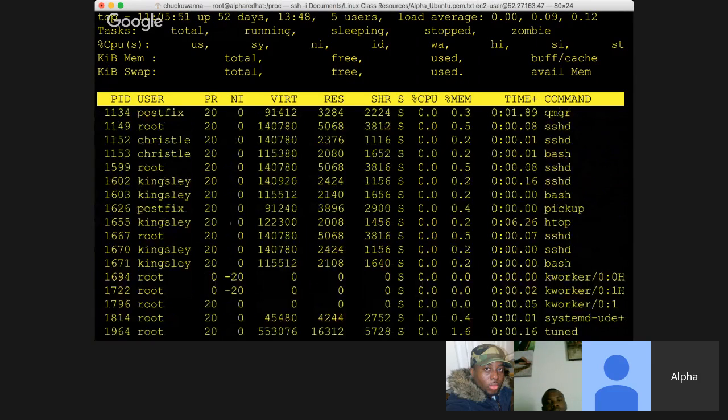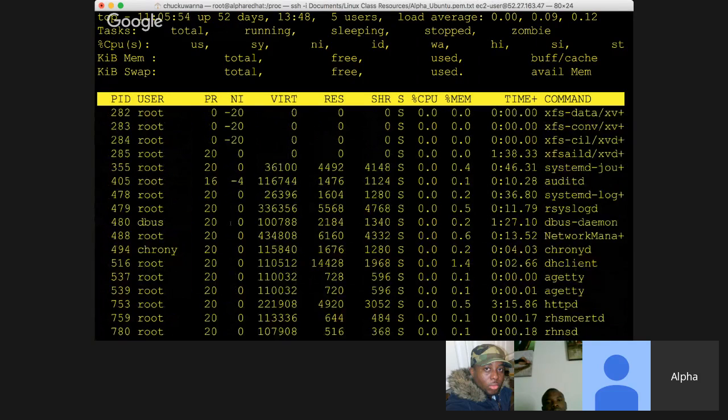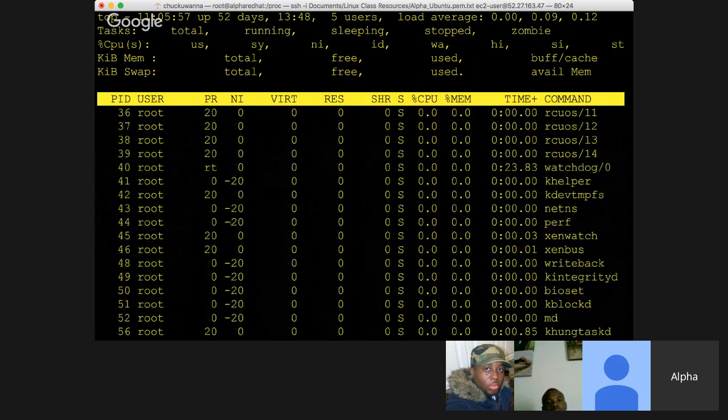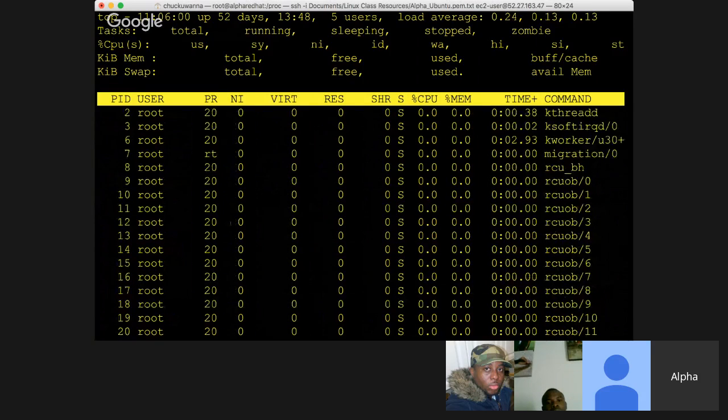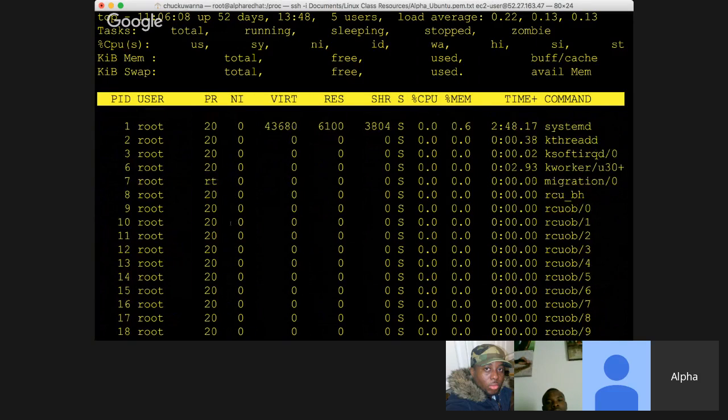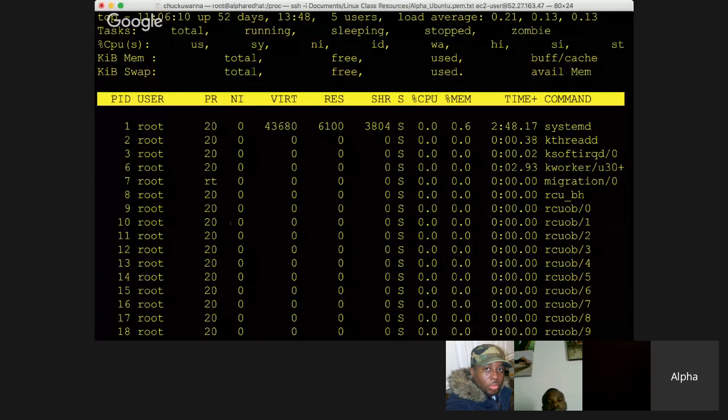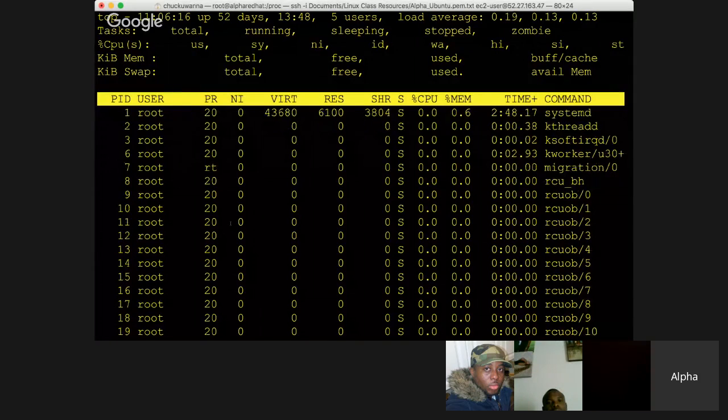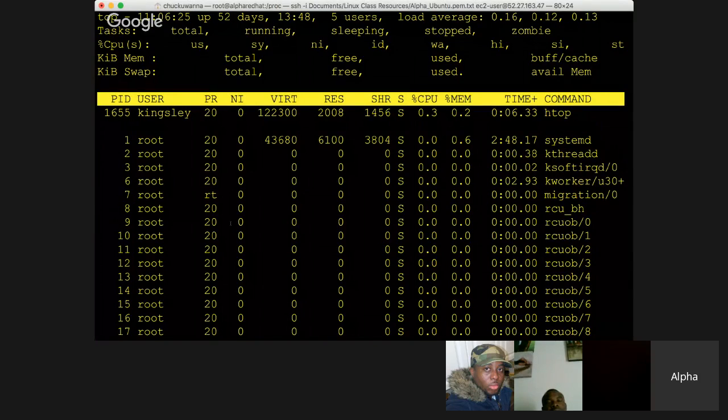So if your system is running normally, everything is probably going to just be 20, 20, 20, 20. You're not saying that you want something to be more important than the other, all right? But when you now start to have computations that are heavy, and you want the system to assign a particular priority to a particular service, then you want to tell Linux to do that. You give it the process ID number and tell it what priority you want it to be, right? So that my coworker that was having that problem with her simulation, I could have told Linux that